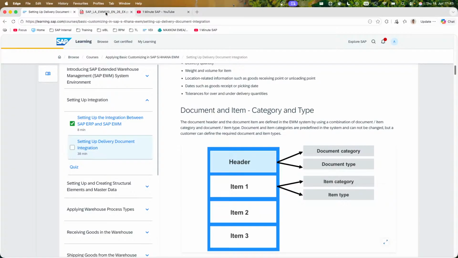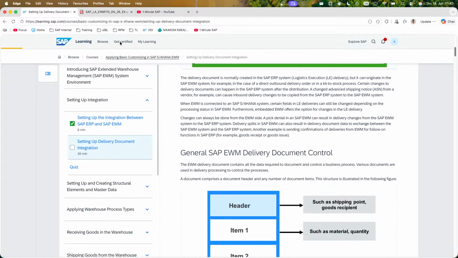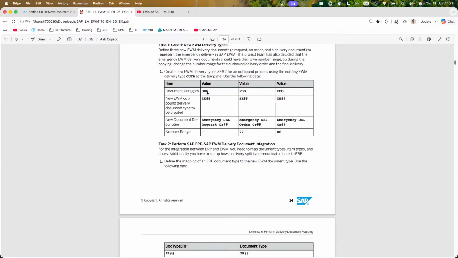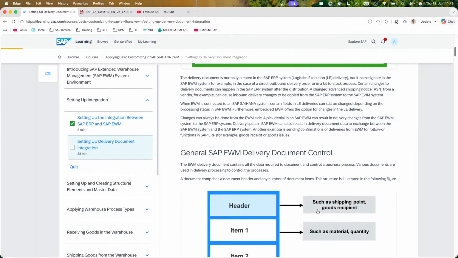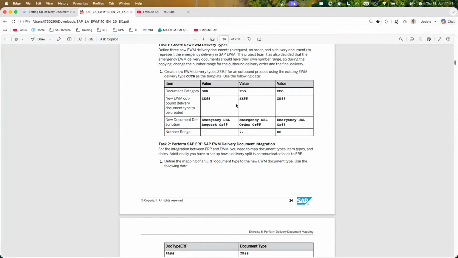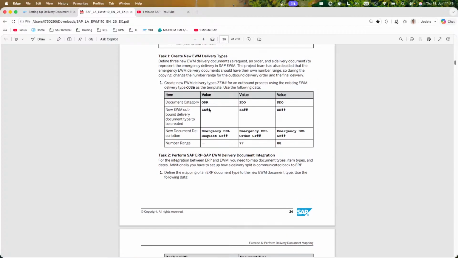For example, as we saw earlier, there could be... what was it again? I think the other way around, isn't it? So the outbound delivery type is the same. Okay, so maybe the other way. The document type is the same. It's about the outbound delivery or outbound delivery document